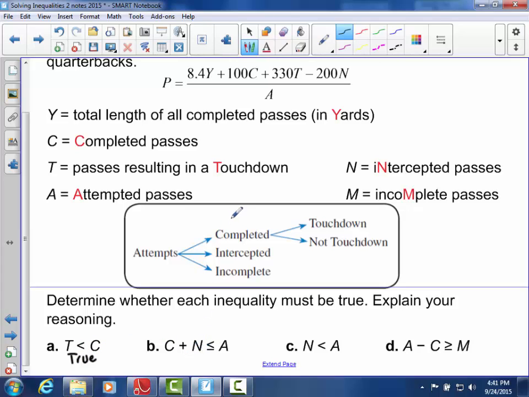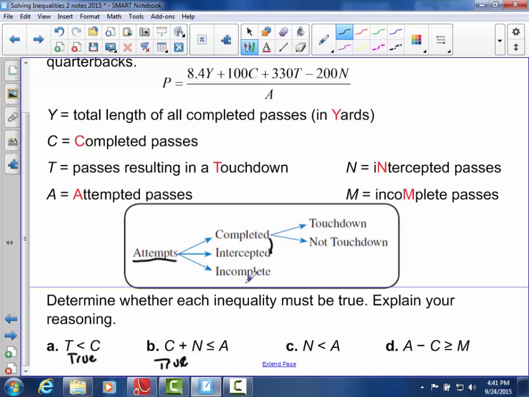C plus N, so the completeds plus the intercepted, so these two numbers right here, would be less than or equal to the number of attempts. Okay, that too makes sense to me. I'm going to say that one's true because